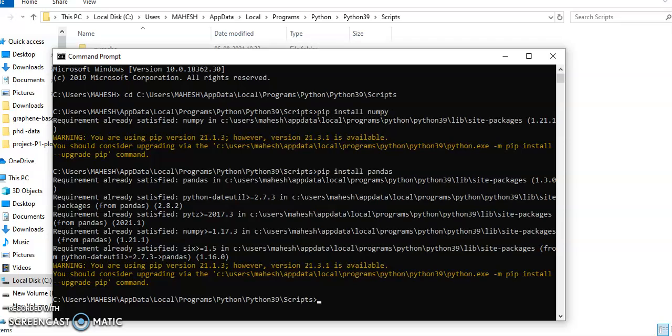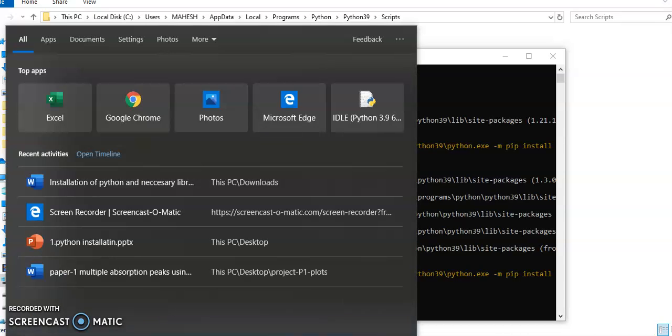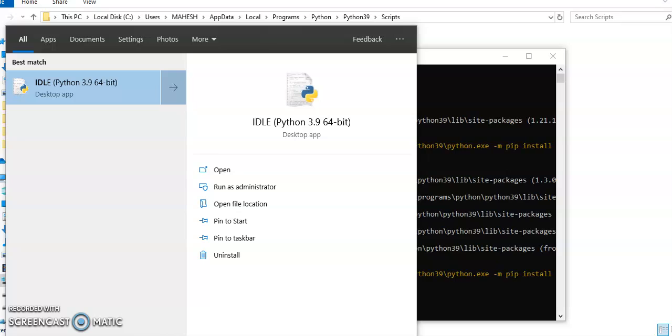In order to check whether libraries like matplotlib, numpy, scipy are installed or not, we need to go to the Python command window, IDLE. To open Python, we need to go to IDLE.